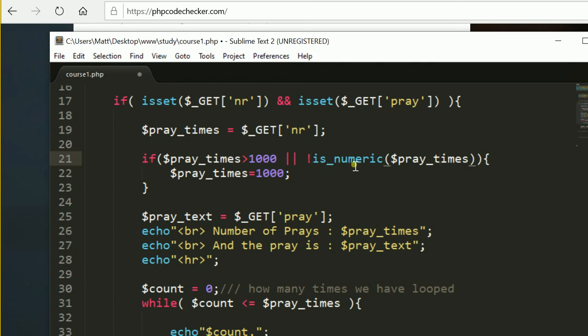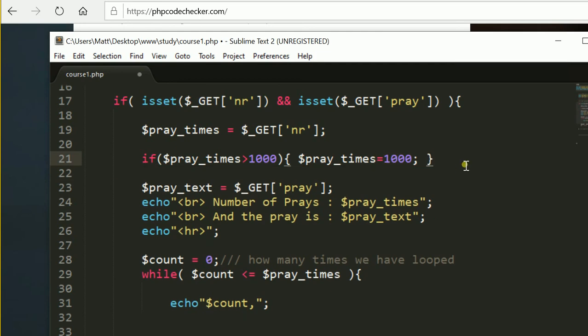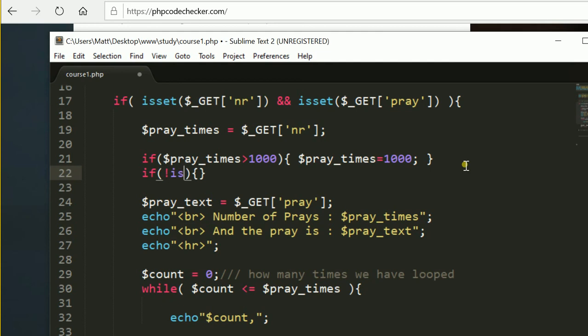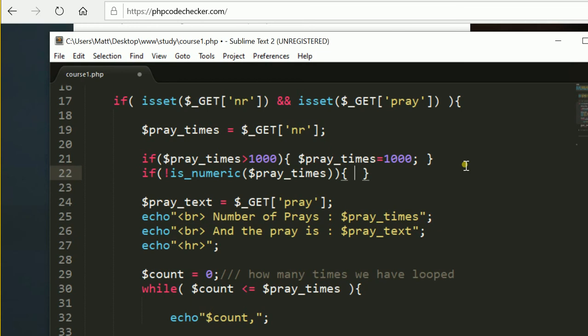In this case, this function is just checking whether this information put inside here, in this case a variable, is not a number. So if it's not a number, then we need to do something else, right? Not pray times 1,000, but 0. Yeah, we can do it like this, but then I think we need to put it in a different if statement, because if the user has inputted more than 1,000, then we limit it to 1,000. But if the user has not inputted, let's say, a number there,